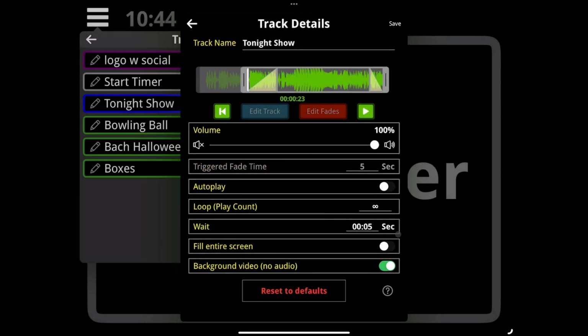So when this is enabled, there won't be any audio right here, and it'll just be a moving graphic, and you'll be able to play music tracks on top of it, which is a great feature to have in this app, and we haven't seen that feature yet. So I always have background videos going. I have graphics always happening in the background, and then I play my music tracks over top of that,